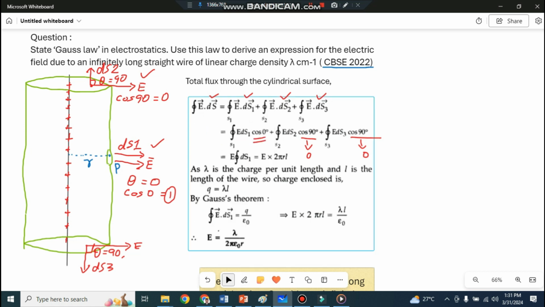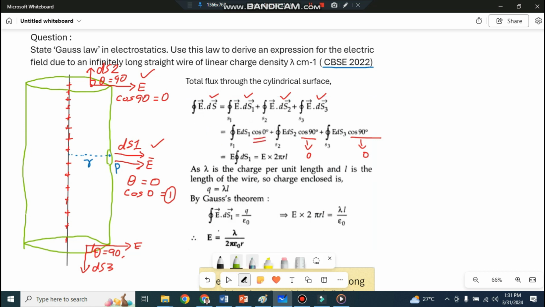So what to do now? We have to write one statement. You remember, for linear charge density, one statement was there. That we have to write. Lambda represents the linear charge density, L represents the length of the wire, and Q represents the charge enclosed. Then you can write that expression for linear charge density: lambda is equal to Q by L. If you do cross multiplication of L to the left side, you will get Q is